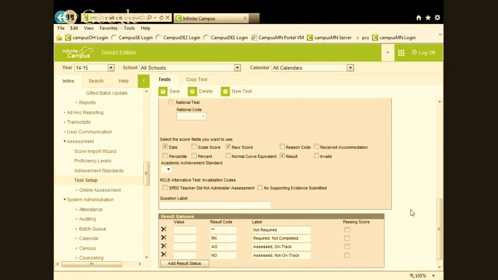Kids can have multiple enrollment records. You could have an enrollment record at their primary school, and then a record showing that they go to one of the vocational schools. That's not state reported for you, because you can exclude that enrollment record. So at least you know where the student is, but you're not reporting them unless you're supposed to report both records. So we have ways of controlling that, but there isn't a shared screen.